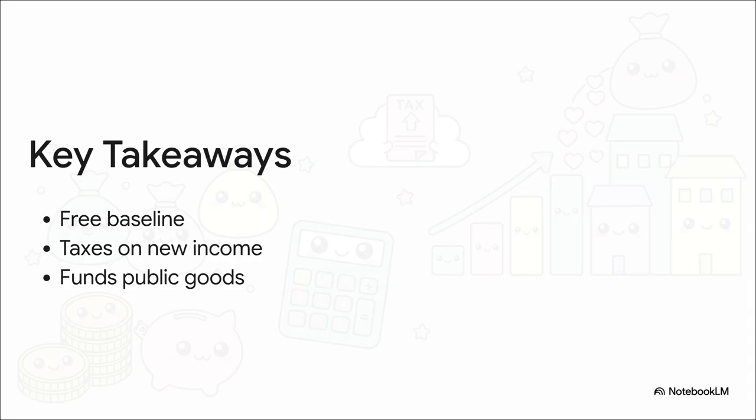So, to summarize our journey today, here are our 3 key takeaways. First up, standard deductions act just like those first free slices. They keep your baseline survival income completely tax-free. Second, and honestly this is the most important one, higher tax rates only apply to new earnings. Crossing into a higher bracket only taxes that specific extra income at the higher rate, never your base. And third, the tokens, or taxes, collected fund shared public goods that benefit absolutely everyone, from the roads we drive on to our first responders.